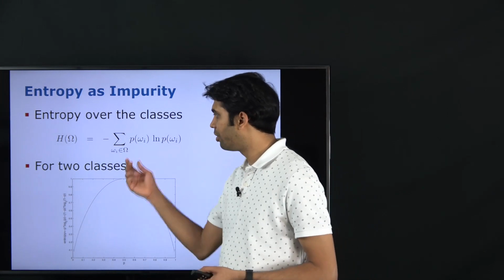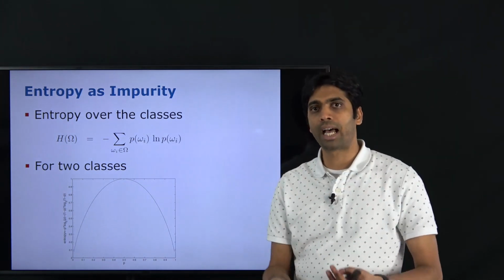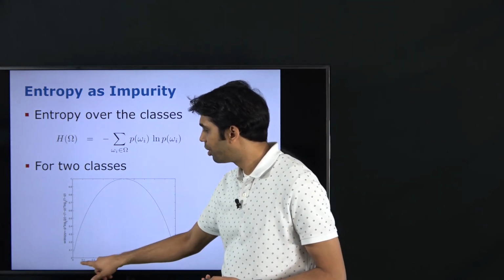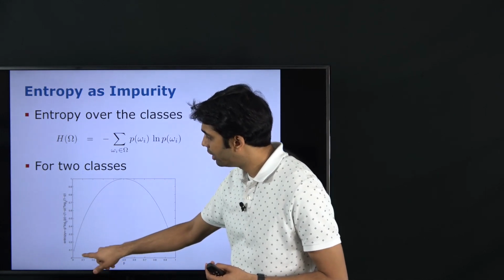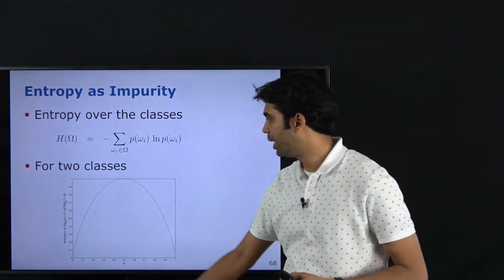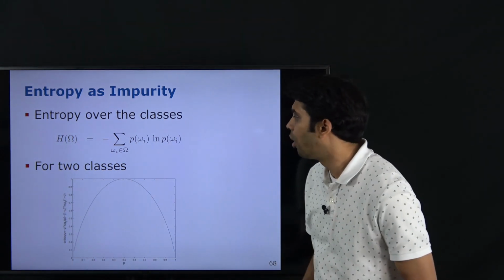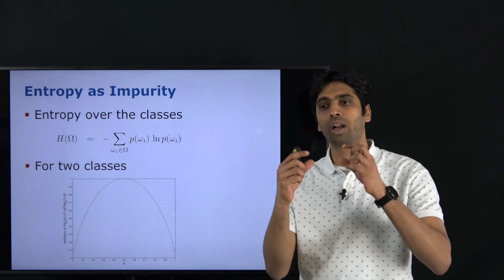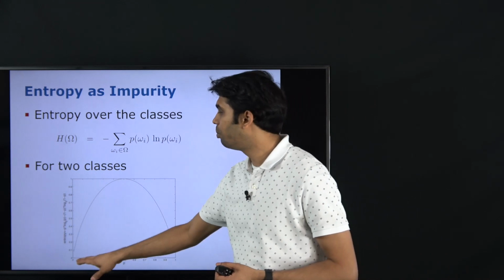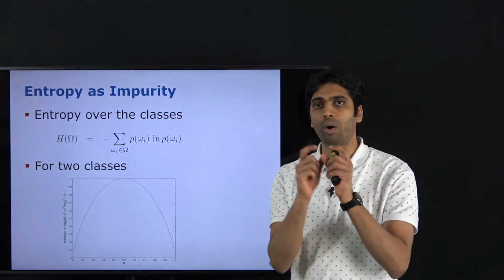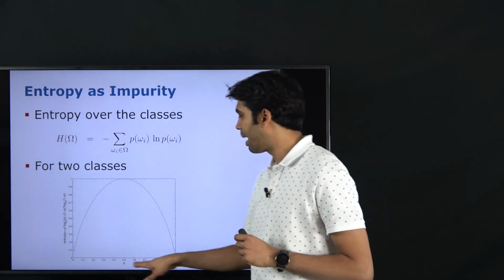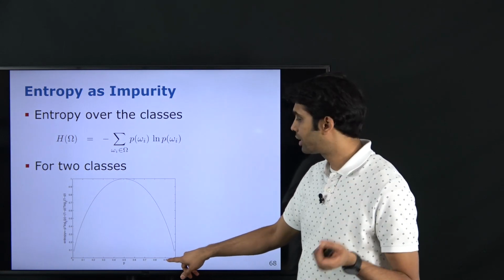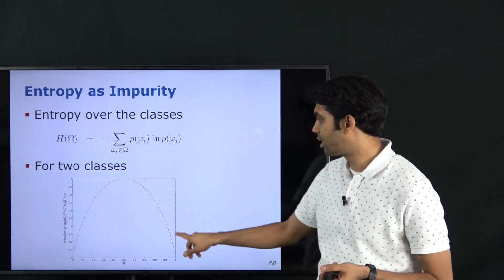So let's say we are analyzing the probability of a sample belonging to class 1. If the probability of an element belonging to class 1 is 0.1, this corresponds to an entropy which is quite low, in this case 0.3 or so. So we would want those splits which would result in smaller entropies. We would want almost all the elements to belong to one or the other group, right? A similar thing happens on the other end. If the probability of an element belonging to the first class is 0.9, again the entropy is something small,